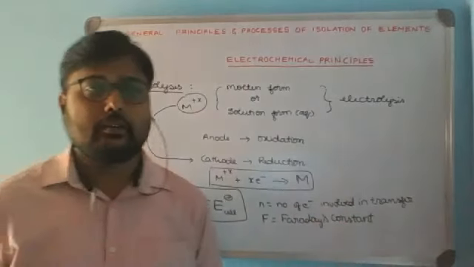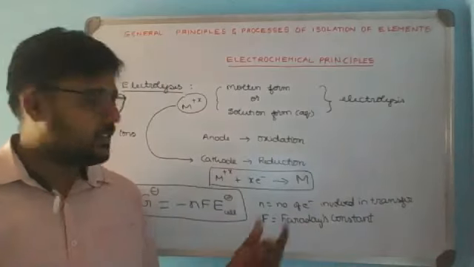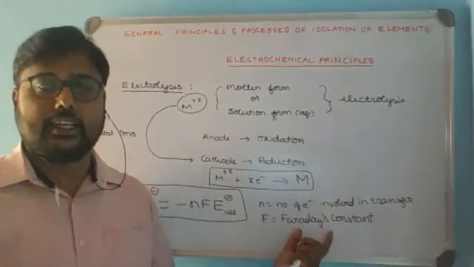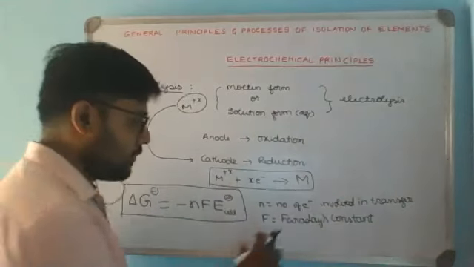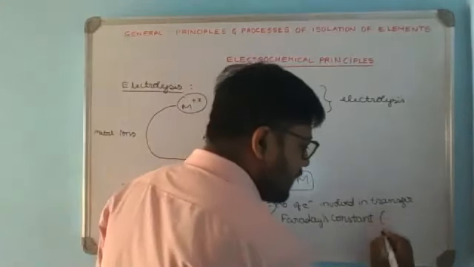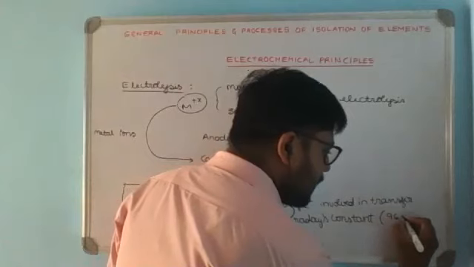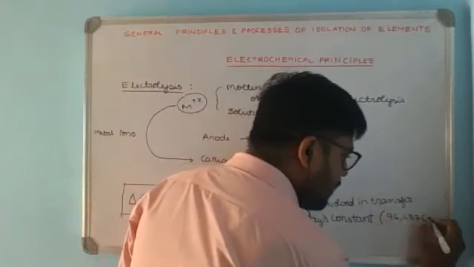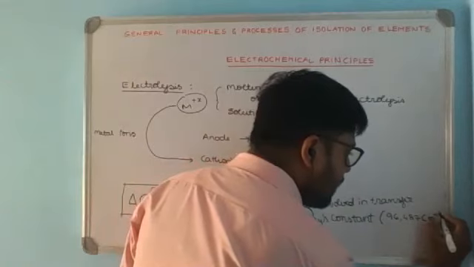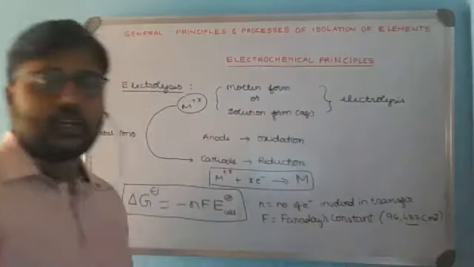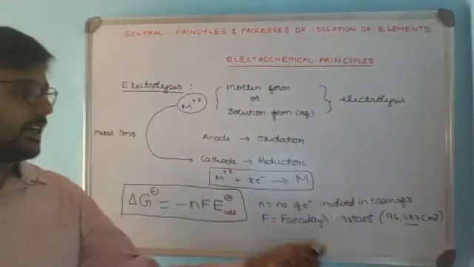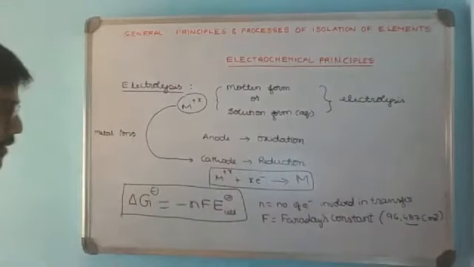The charge carried by 1 mole of electrons is given by the constant called Faraday's constant. Again, about this in detail we are learning in electrochemistry. So Faraday's constant has the value of 96,487 coulombs per mole, or you can round it off to 96,500 coulombs per mole. That we'll learn in detail with electrochemistry concepts.